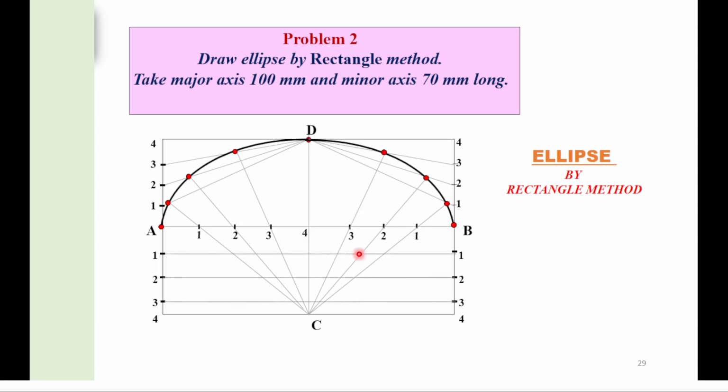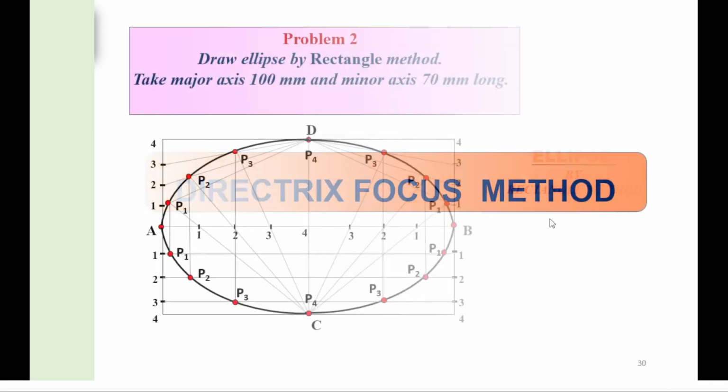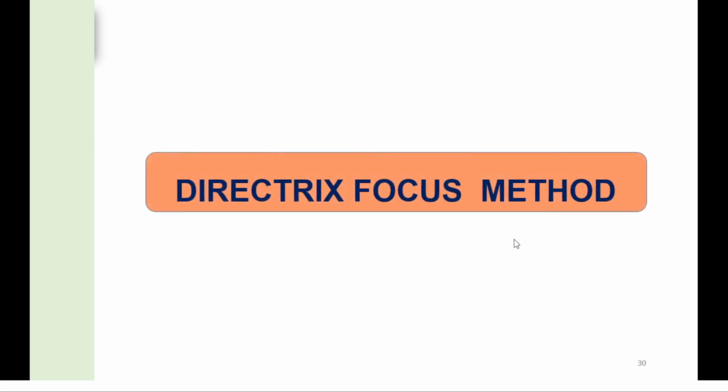Now I will draw these horizontal lines joining the points 1-1, 2-2, 3-3 and 4-4. Now using a roller scale I will reflect these points in the downward direction. For this point 1 till this 1-1, 2-2, then for this point till the 3-3 line, likewise here, towards the left of this minor axis. This is how we can complete our ellipse by the rectangle method. In the next lecture we will see the focus directrix method. Thank you.